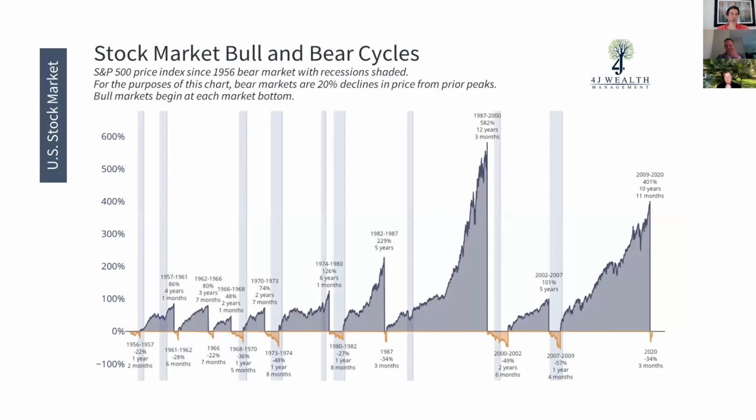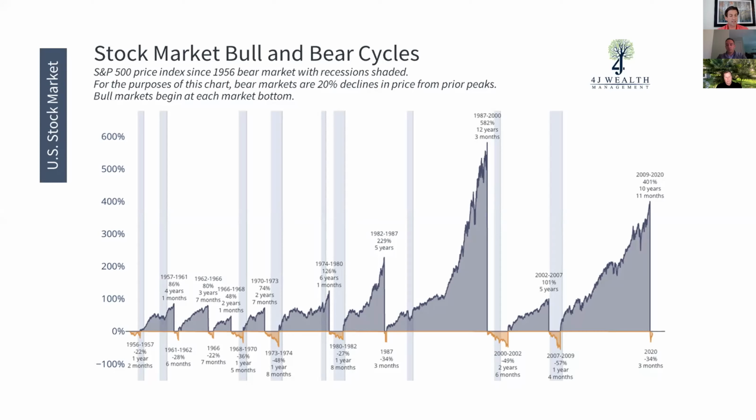So what we're looking at here is bull and bear market cycles, and I think this marries well with the quote that we started with at the beginning of the webinar, which is that people don't take notice of the gradual compounding and growth and progression that happens in the stock market and in the economy, but people can't possibly ignore when things go wrong, right? The sell-offs, the periods of panic.